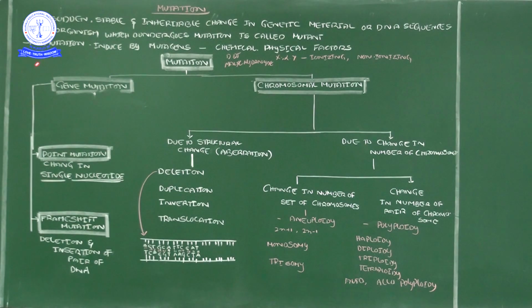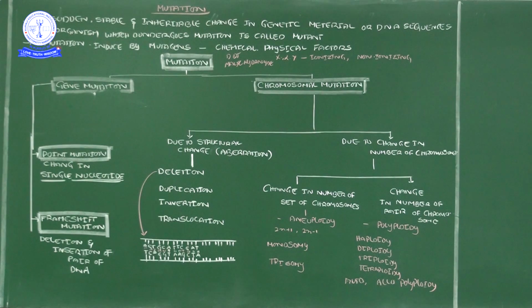Here, by the mutagen effect, the organism that gets the mutation and expresses it, that organism we call a mutant organism. For example, Hrithik Roshan is a mutant person, I mean one with a new character. Okay, so an organism expressing a mutation we call a mutant. And the factors causing that mutation, those things we call mutagens.